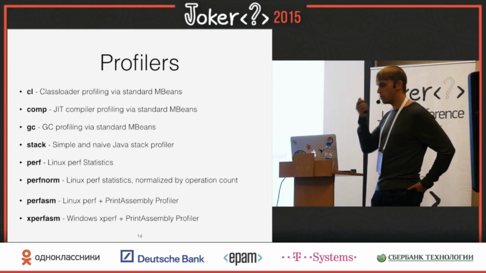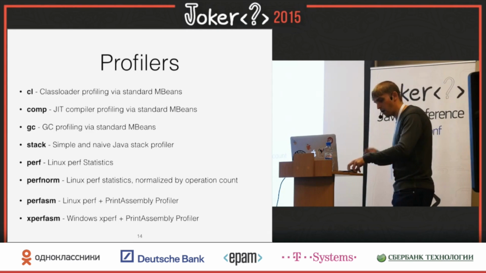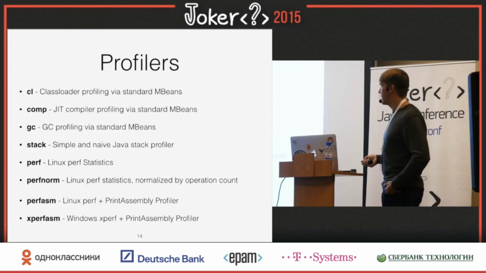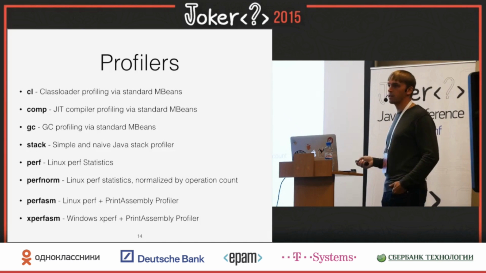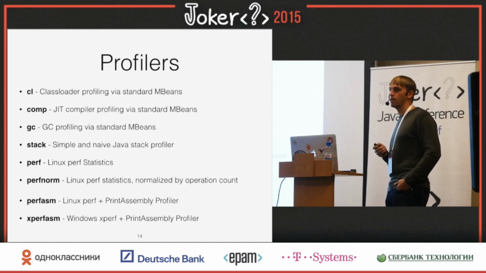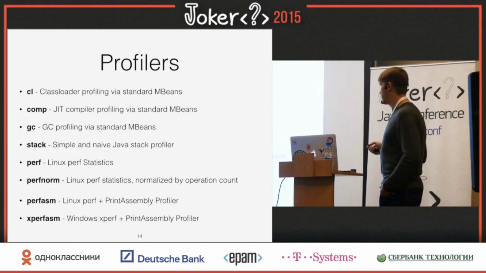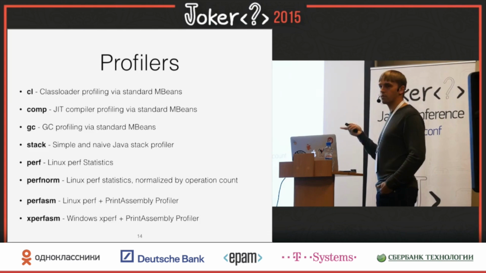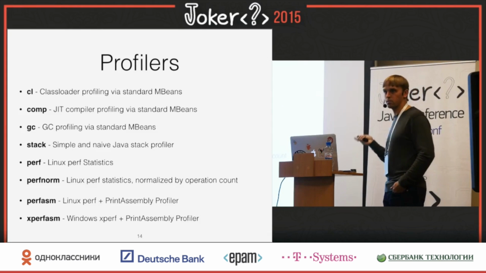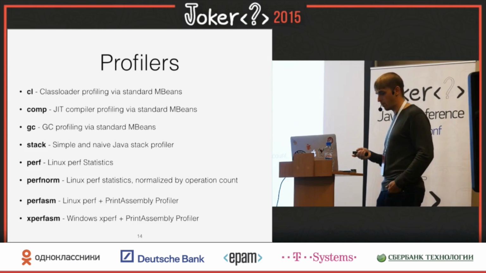If you follow Kirk Pepperdine, he's the world famous GC expert, he has a rule saying that if your application allocates at a rate of more than 500 megs a second, you have a problem. He usually wants to get it down under 500 megs. So if in my benchmark of this long key allocation I see 1.3 gigabytes a second, that would be a red flag for me to start digging into why we allocate that much memory.